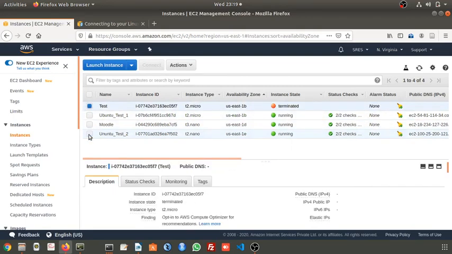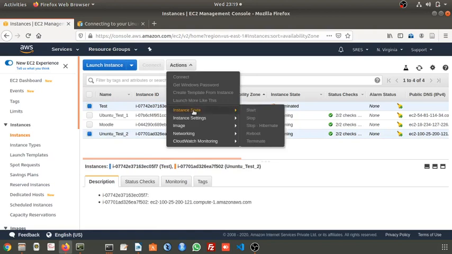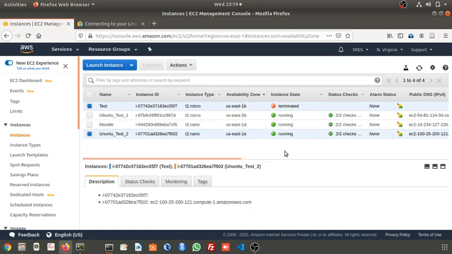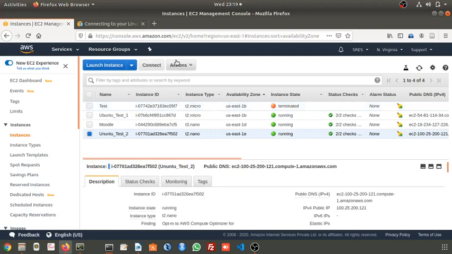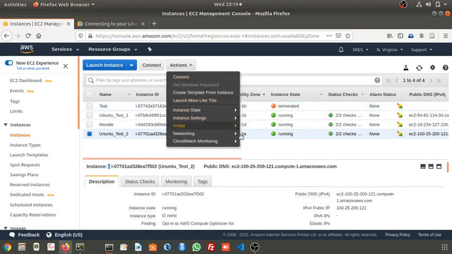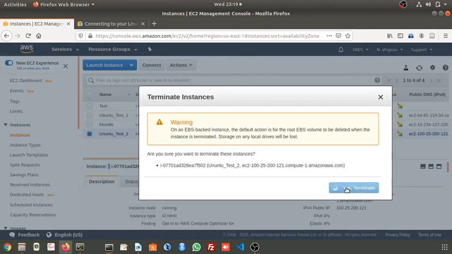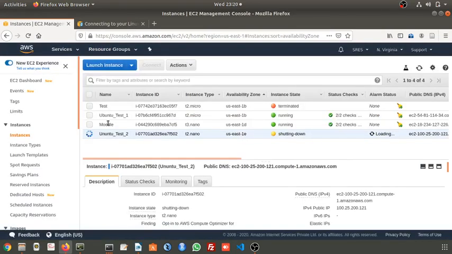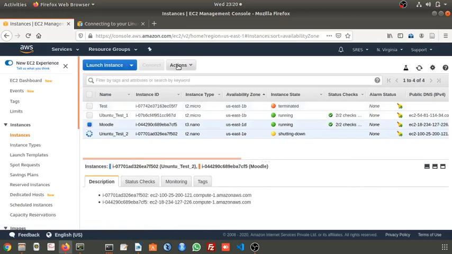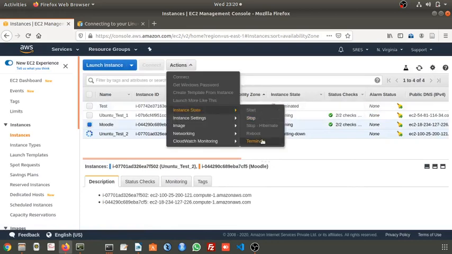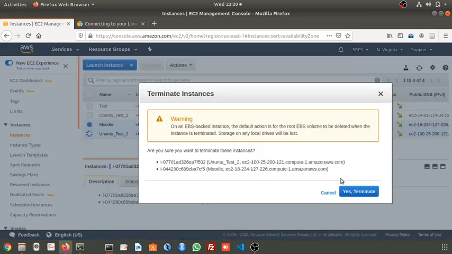First I will terminate this Ubuntu 2. Go to Instance State, Terminate. It will get terminated. Again select one more, go to Instance State, Terminate. That is also going to be terminated.